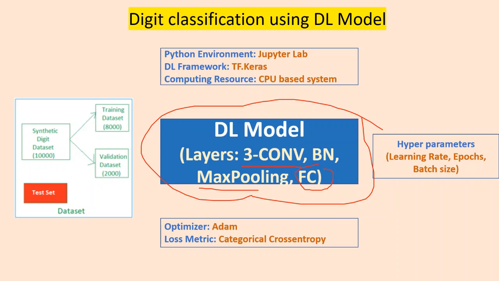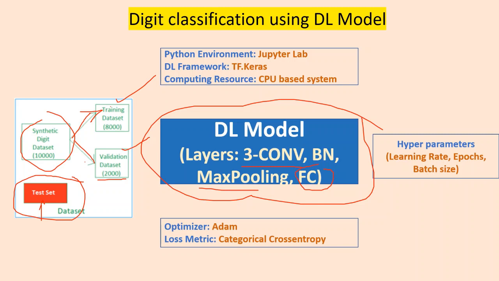Now, when you look at the data set, I'm using a synthetic digit data set with 10,000 images, and I have split it into two different data sets. One is used for training, and I have 80% of the images there. Similarly, validation has 20% of the images. I also have an independent data set called the test set, and the images in this set are created using the Paint app.